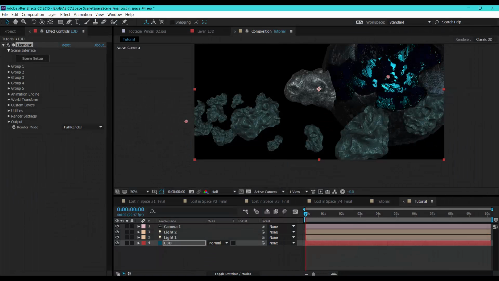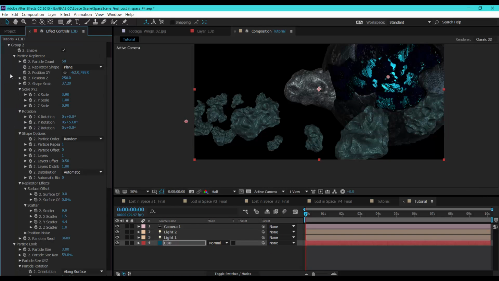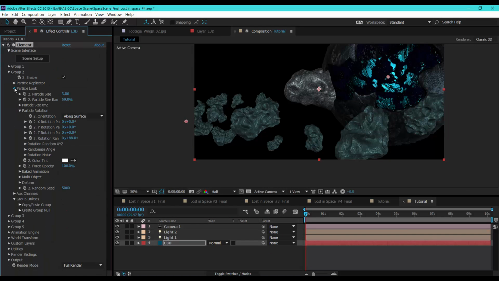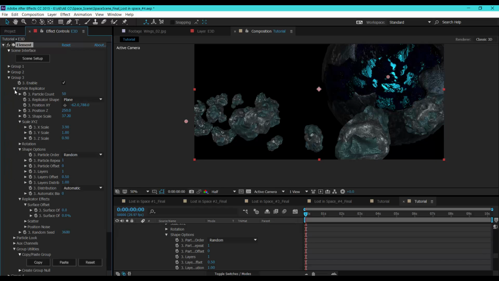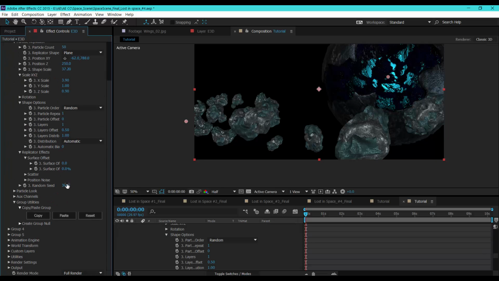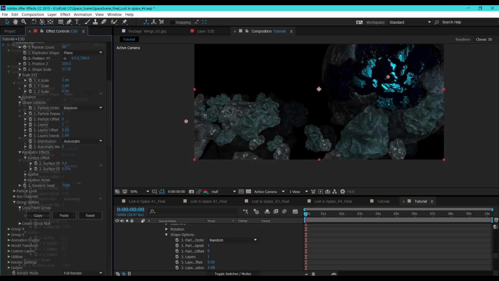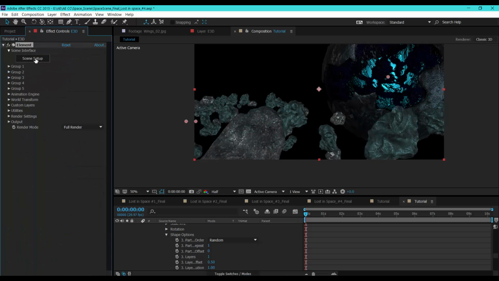Let's hit OK and we do the same thing like we did before, copy and paste. So copy this group and paste into the group 3 and let's random the seed and one more.